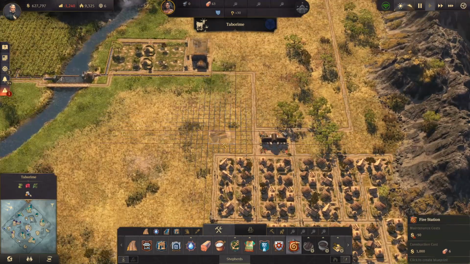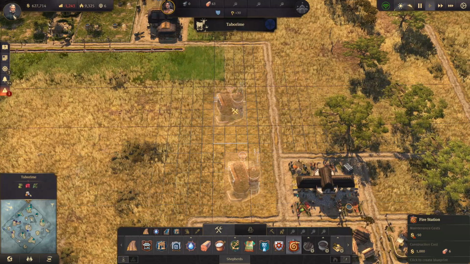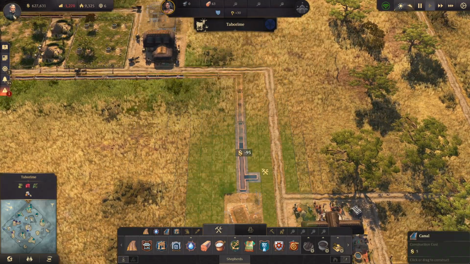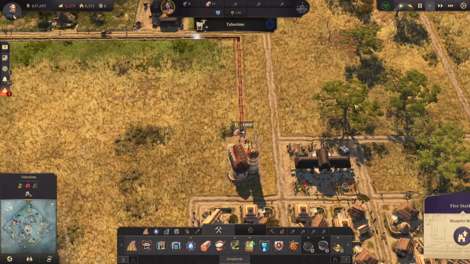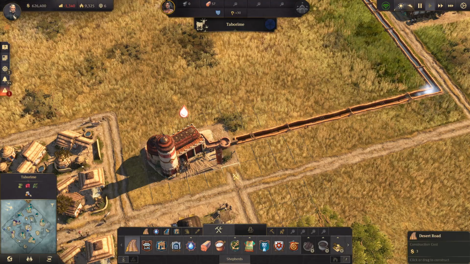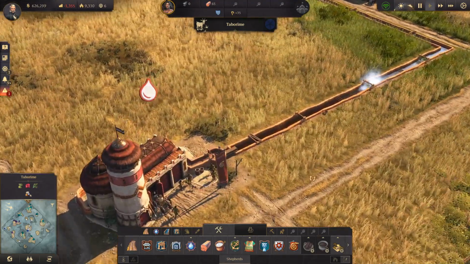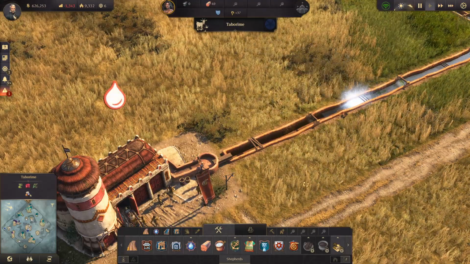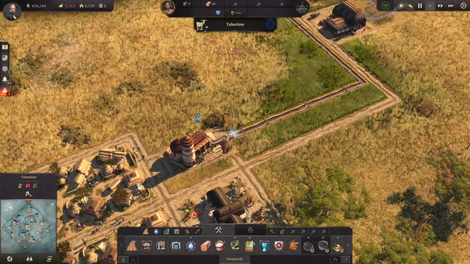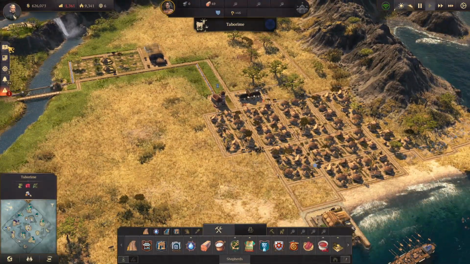We can get that fire station. So we'll just pop it somewhere like here, and get the canal to feed into it. Good. Nice. Okay, training the firefighters now that they have their water. Alright, now we can start getting the...